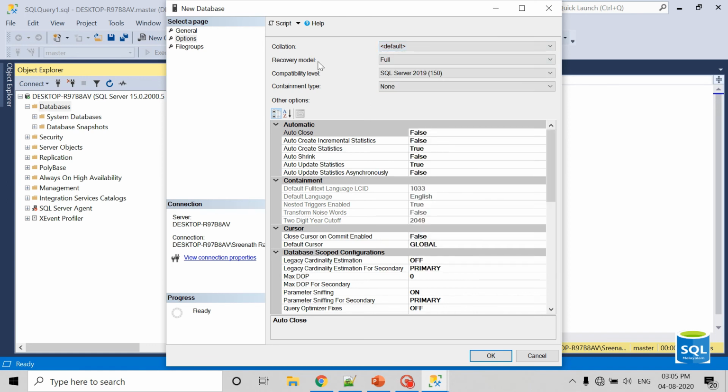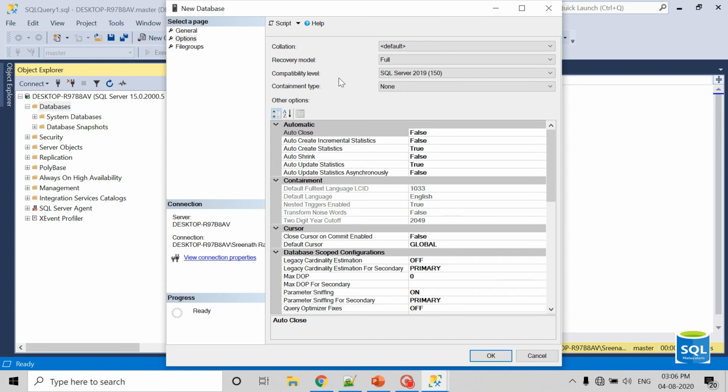And the recovery model, we have three recovery models like full, bulk-logged, simple. The recovery model will specify how the logs need to be created, whether we need to create a log for each transaction, or we don't need to create any log for bulk insert or bulk operations, or just to use simple, it will reuse the space which is used for a particular transaction.